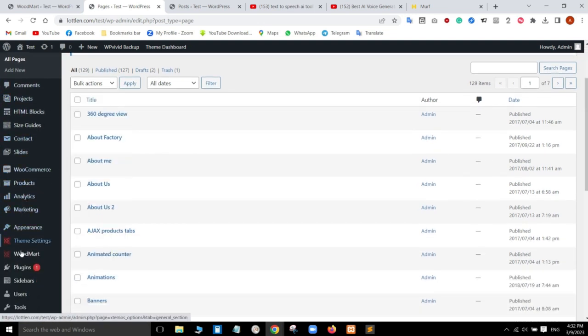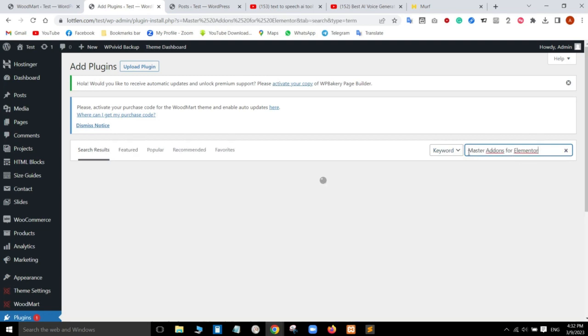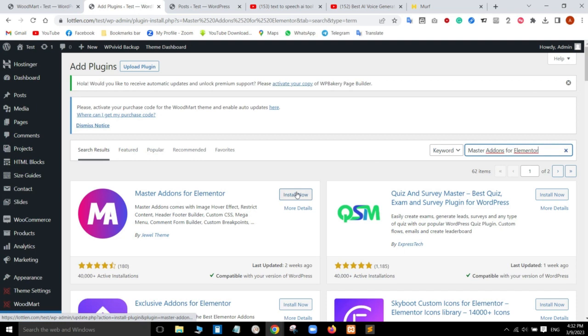For that, you want to add a plugin. So go to the plugin and add new plugin. The plugin is called Master Addons for Elementor. This is the plugin. Install the plugin, and after activating it,